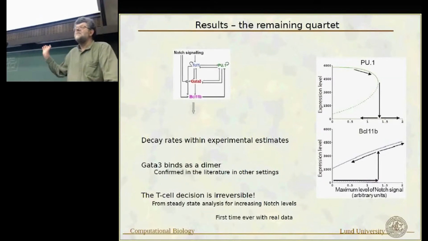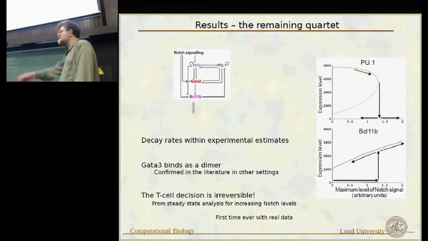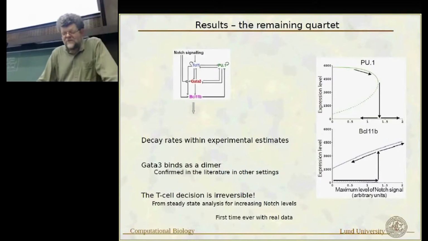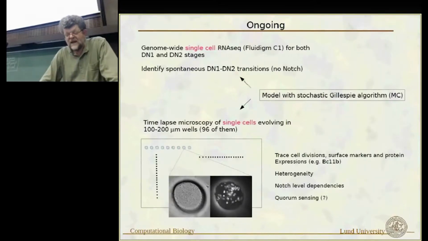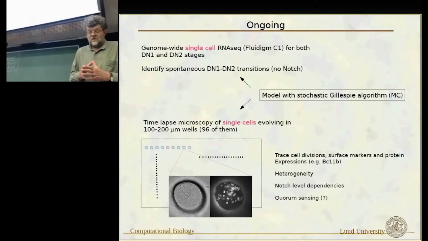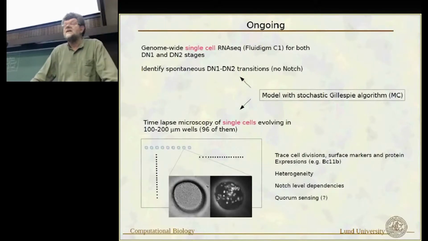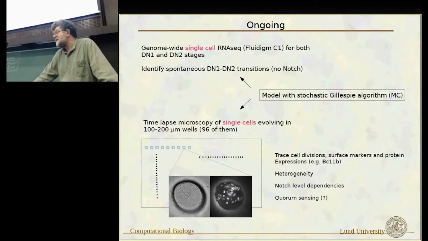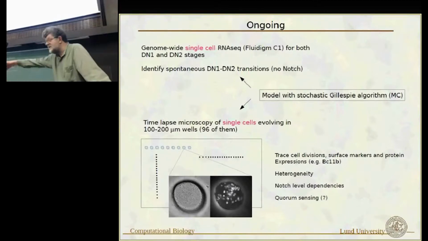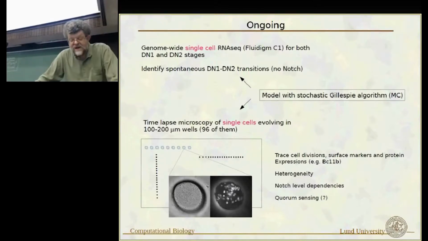So even when you pass further and there's no more Notch or whatever external signal, you are a T cell and there's no one that can take you back. And I think with real data, may it be sparse, this is the first time. So we need to do single cells. We need to do single cells to understand the different compartments when we subdivide the DN1 going to DN2, and we do really need single cell understanding of this